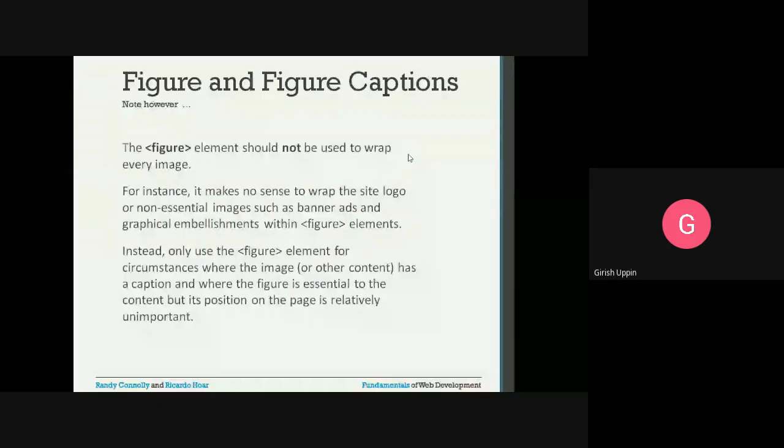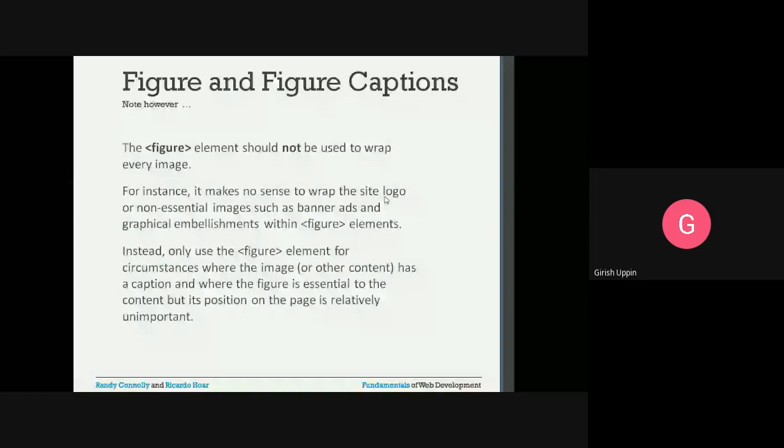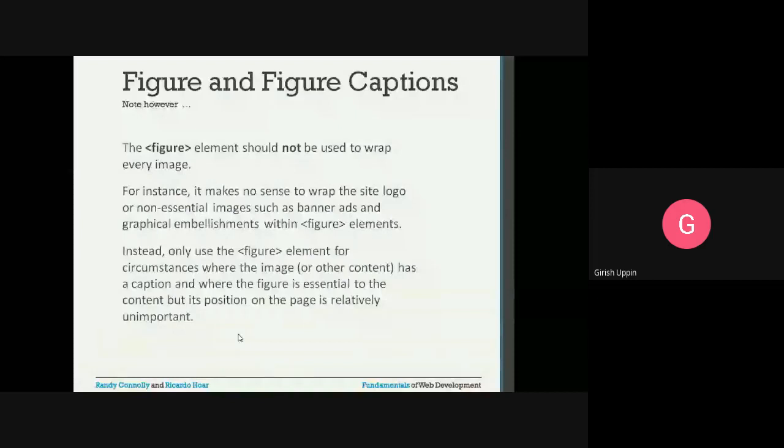So these are the examples: we have a site logo, or some banners. Those things should not be included in the figure element. Instead, only use the figure element for circumstances where the image or other content has a caption, and where the figure is essential to the content, but its position on the page is relatively unimportant.